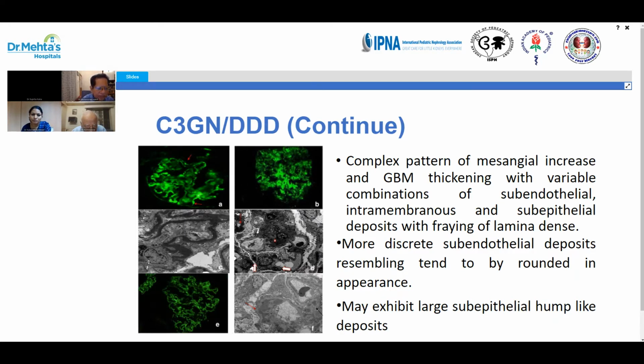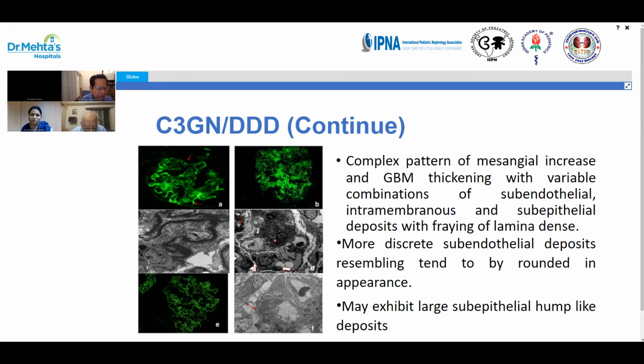And in the second one, in the upper portion, that is B, there is a predominant mesangial ring. If you look at the 6 and 7 o'clock position, you will find a ring shape. In slide C, we find that this is electron microscopy showing glomerular capillary intramembranous dense material. This is typical of C3 glomerulopathy.